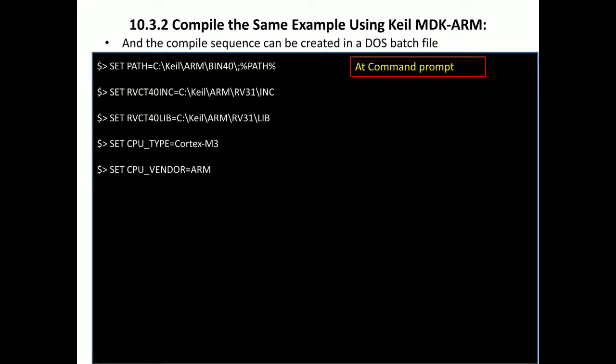Next, the vendor. Who is the vendor? ARM, because everything should be licensed, right? ARM sells its products by giving a license, so the license should be the vendor type. Next, the target. What type of target device are we using? The name of the target, for example, target 1.